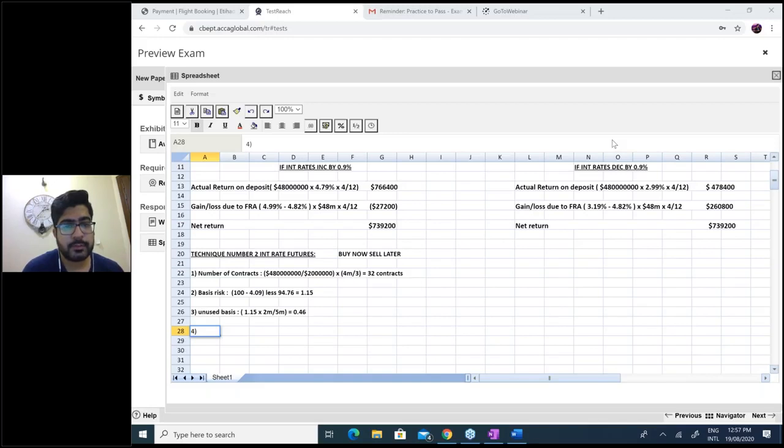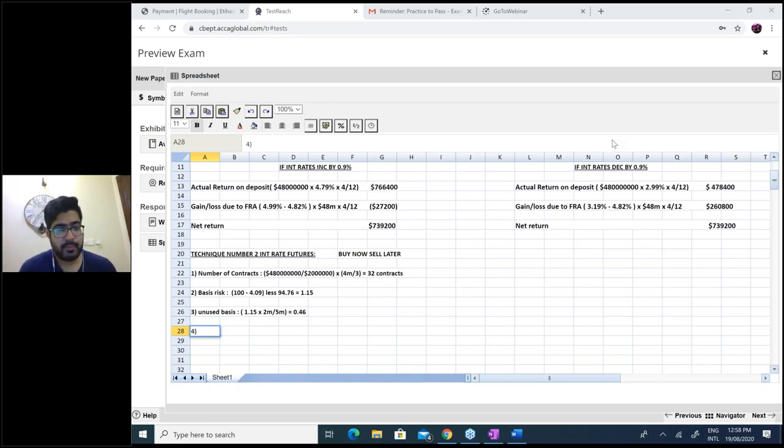Yes, Arun, you can do that. For us, basis risk is just the spot minus LIBOR plus the futures price. Basis risk is the commission of the broker. Okay, I'm just repeating this 2 and 5 again.